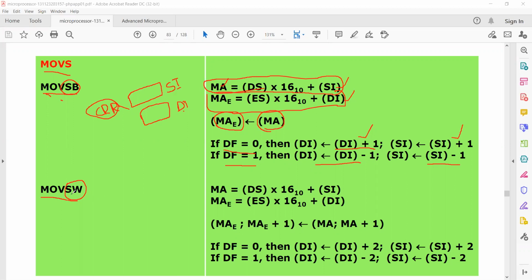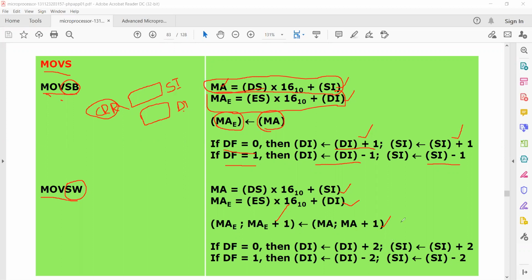Similarly, if it is a word, for string byte this is the process, and for string word the same process takes place: calculating the source operand address, calculating the destination operand address, and moving the source string to the destination address.